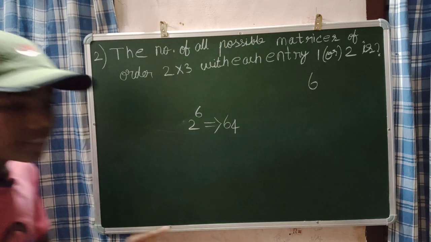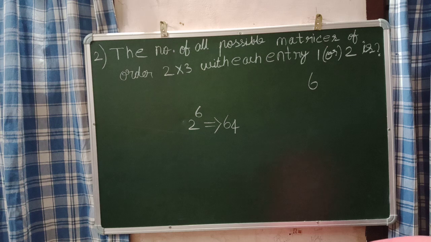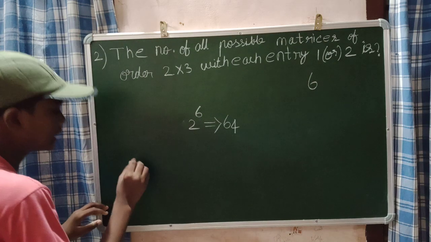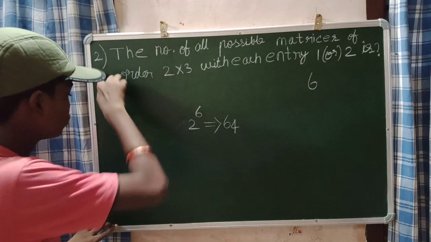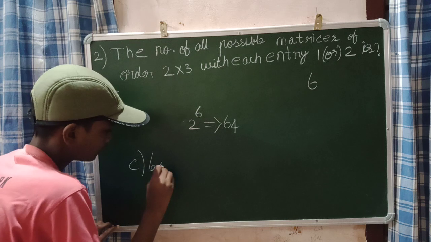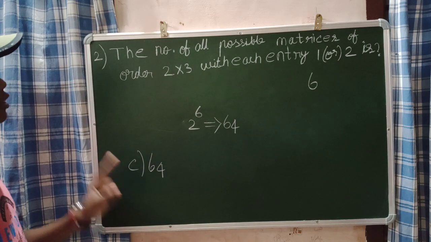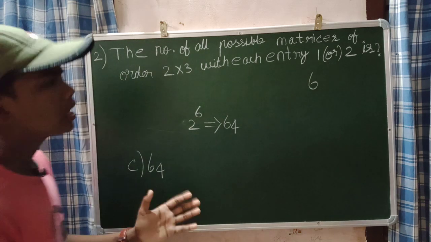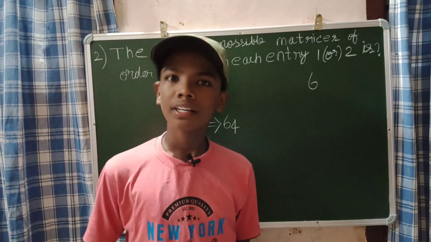So what is the option? Your option is, I think C is the option, guys. So C in your Section A, which is the second question, that is 64. So that's the answer, guys. C 64 is the answer for your second question. So that's all about this question. Let us move on to our next question.